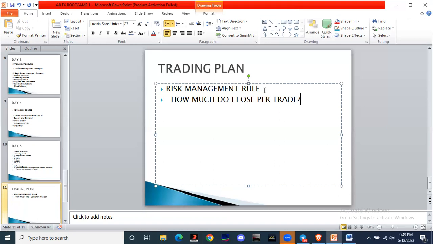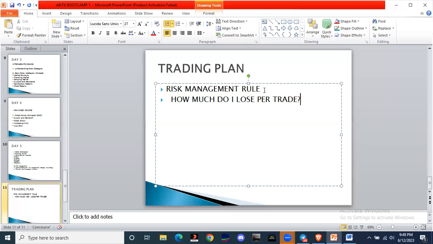Draft a trading plan that will include the time you're going to be trading, the asset you're going to be trading, your trading strategy, the risk management rules, and all the other rules that you're going to put in place to ensure that you trade within a particular system, a structure, a particular regimentation that will help keep you in check so that you don't misbehave. So this is what a trading plan is all about.